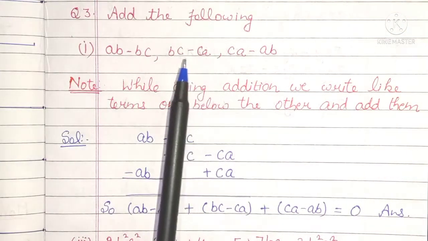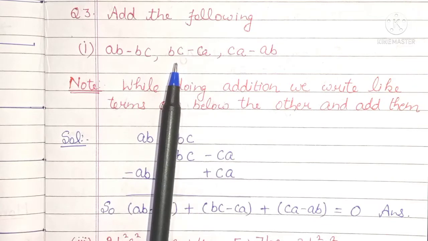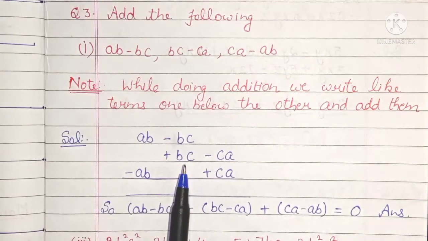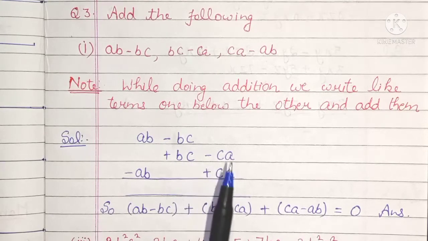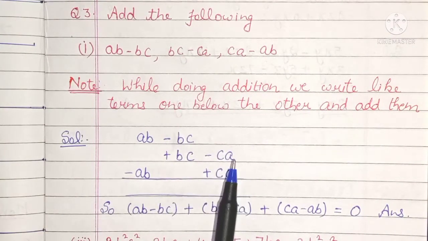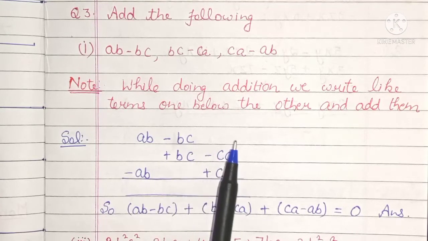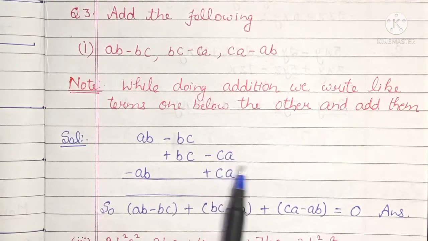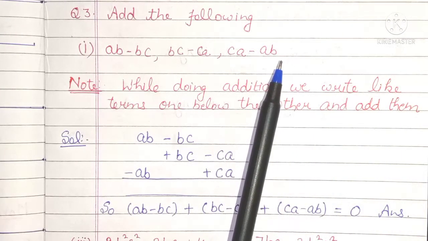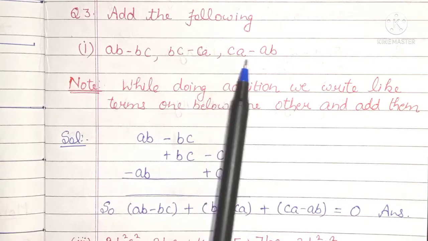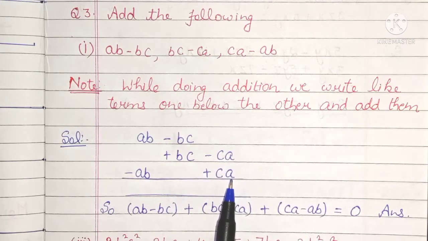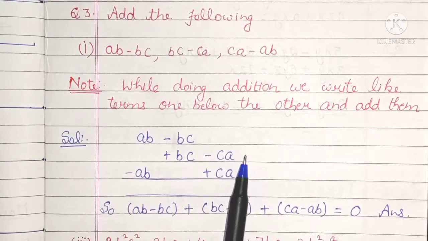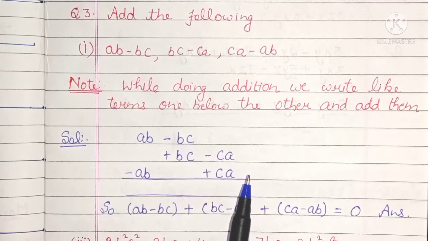Now in the second expression I can observe there is a term with variable BC. So I'll write that term below the term of the first expression. So I'll write BC minus CA. I'll write it separately because in the first expression there is no term which has variable CA. Now the third expression I'll write below that, and in the third expression I have CA minus AB. So where will I write down the CA? Under the term, meaning we need to write down the like terms below each other, right?